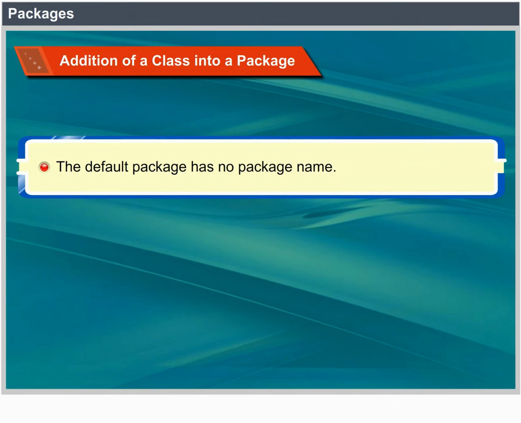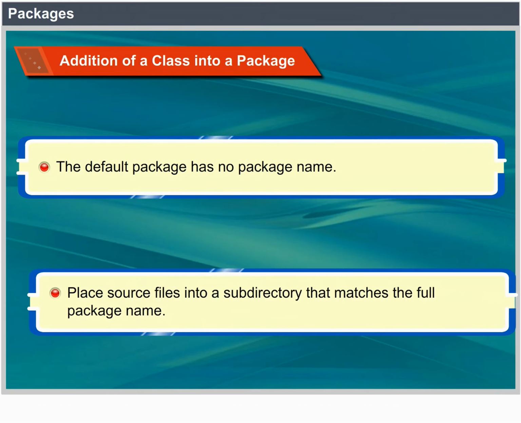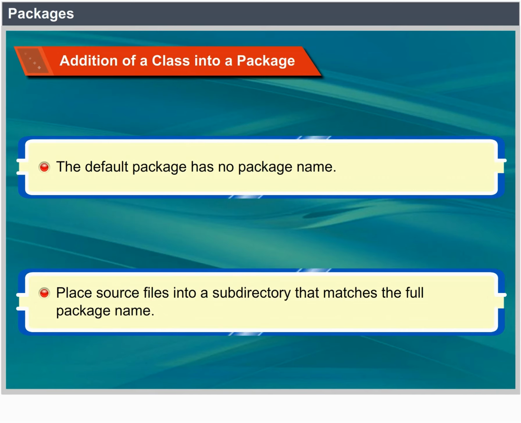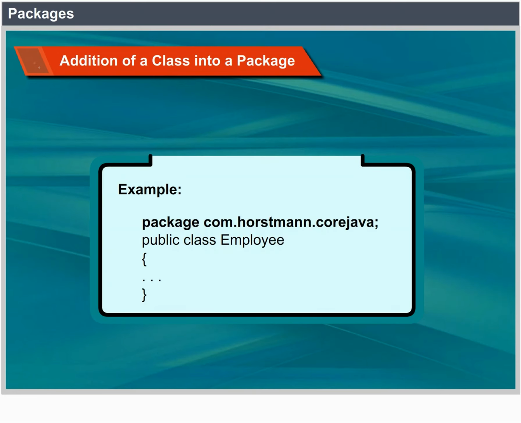The default package has no package name. Place source files into a subdirectory that matches the full package name. For example, package com.host1.core.java; public class Employee { }